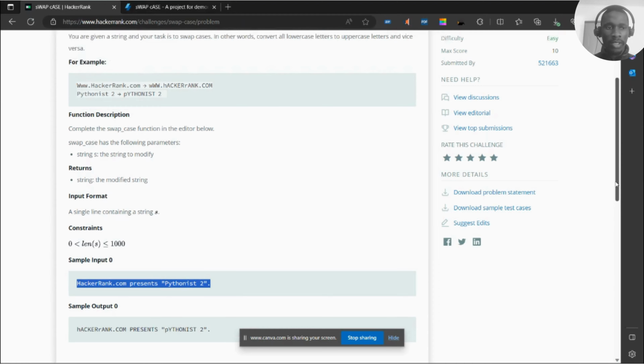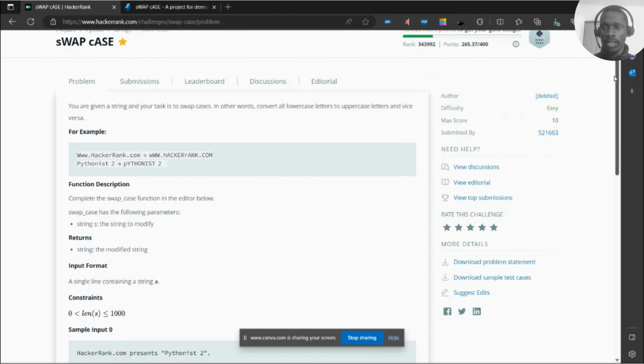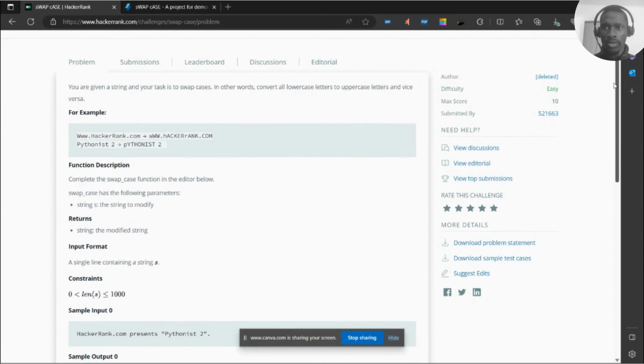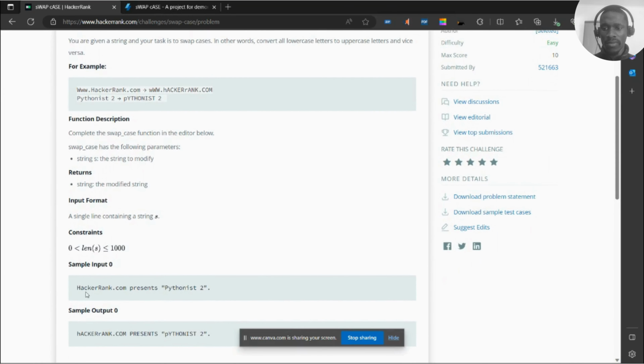So the challenge on HackerRank looks like this. It's the swap case. Of course, I will not show the correct answer for this one. It is an easy problem. I'll just show basically what the challenge is. You just have an input right there, and then you need an output with swapped